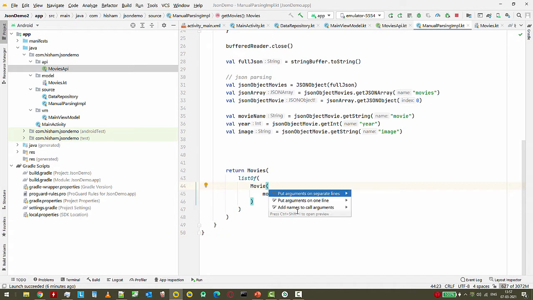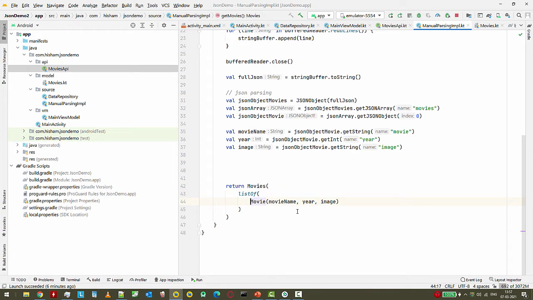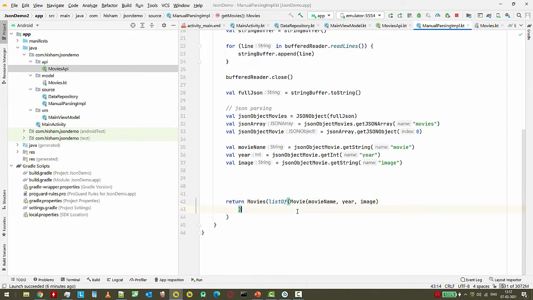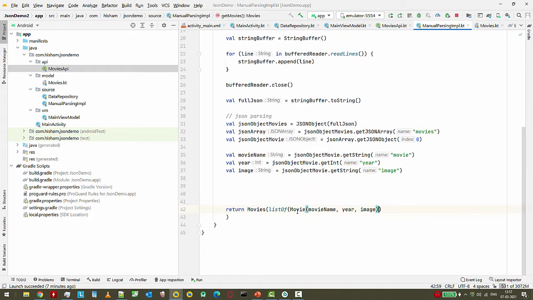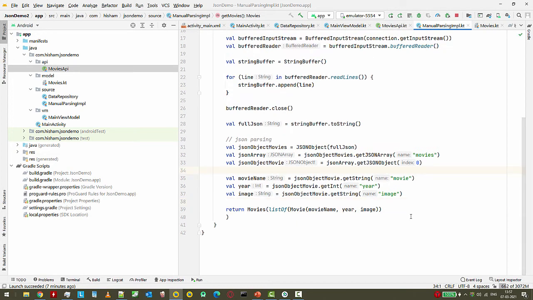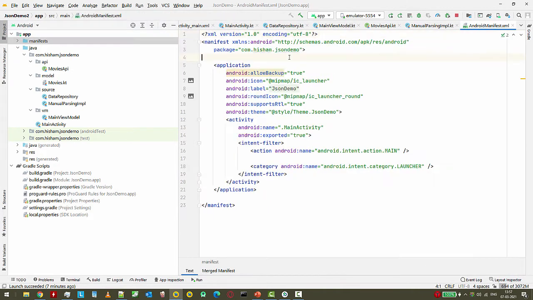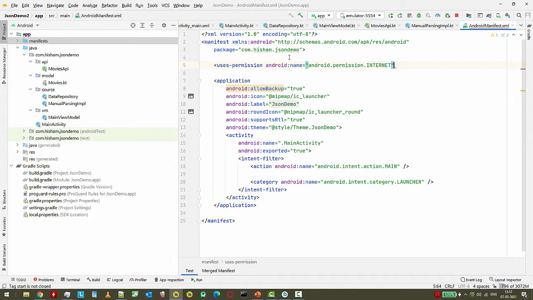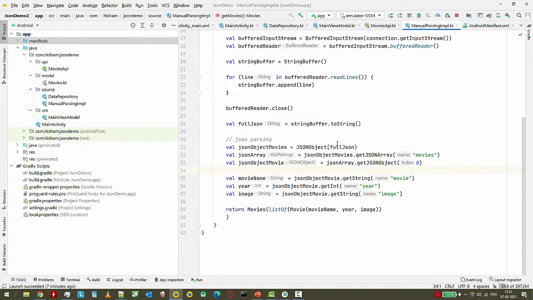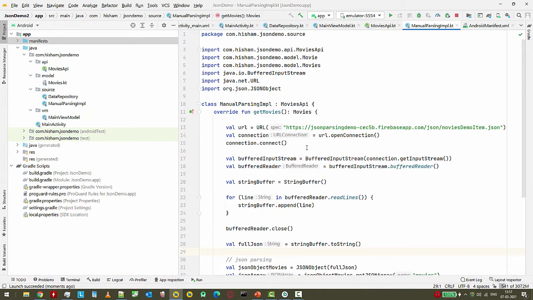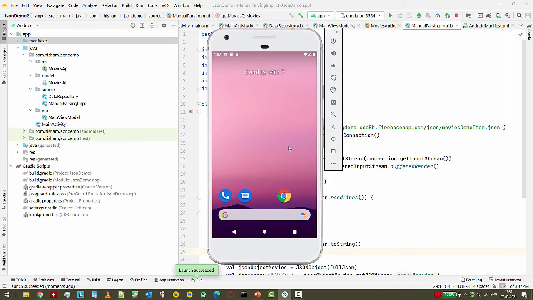Okay, can I put these in a single line? That is again Alt Enter, put it in a single line. I mean, I like it that way. So will this work? Just one thing before we go there, that is, to hit the internet we need internet permission. Yep, that's it. So manual parsing is done, everything is done. Will it going to work? Well, it won't, because we are trying to hit something on the server,